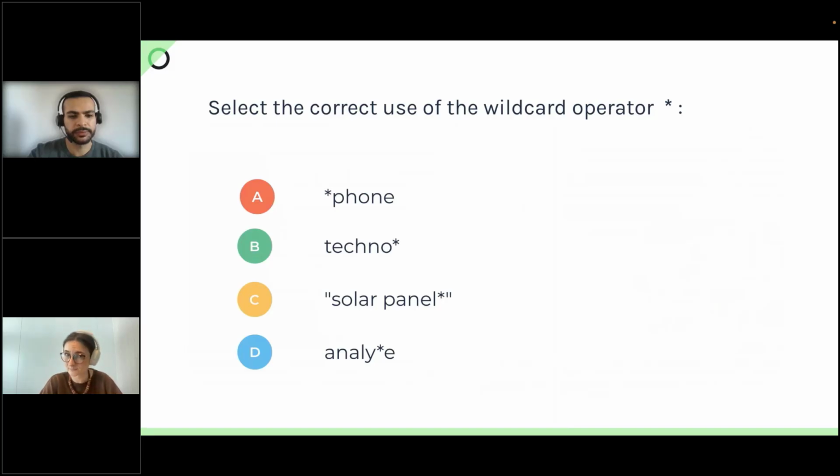Only one is correct: A, B, C, or D, and you can use the questions box in GoToMeeting to write down your correct answer. So let's wait for a few moments. Probably it's more the time to find the question box rather than the correct answer.